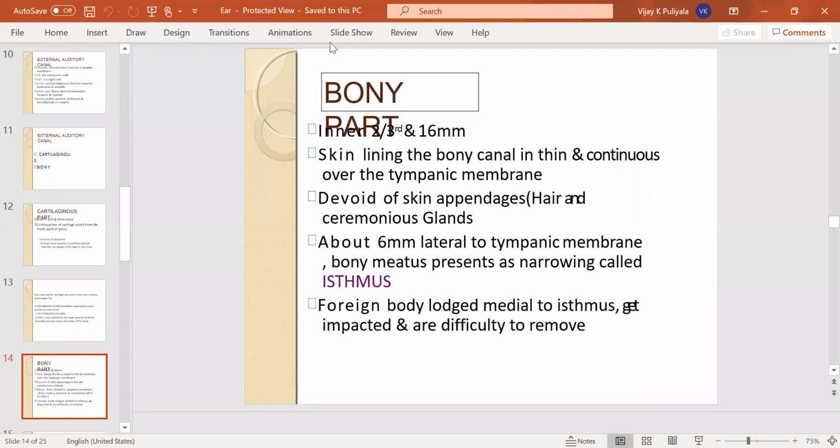So the nerve supply: the external acoustic meatus is like a cube. The roof and anterior wall are supplied by the auriculotemporal nerve, and the floor and the posterior wall are supplied by the auricular branch of the vagus. The floor and the posterior wall are supplied by the auricular branch of the vagus. The roof and the anterior wall are supplied by the auriculotemporal nerve, and this is the vagus nerve.